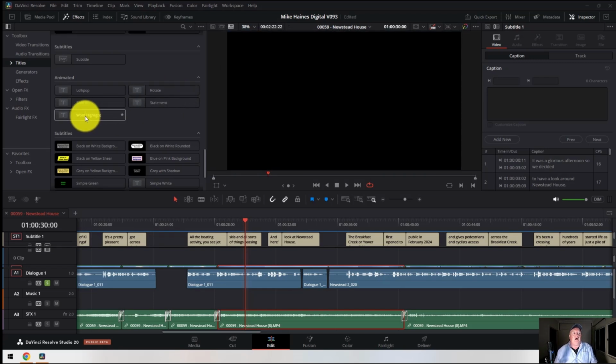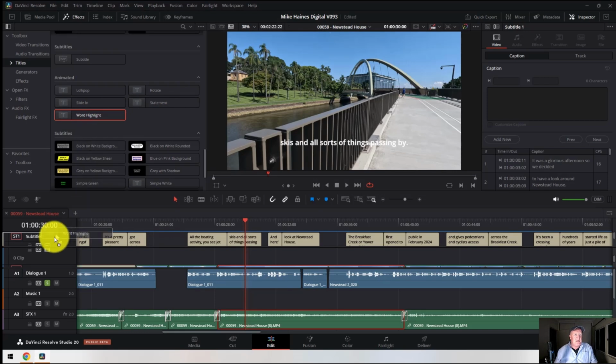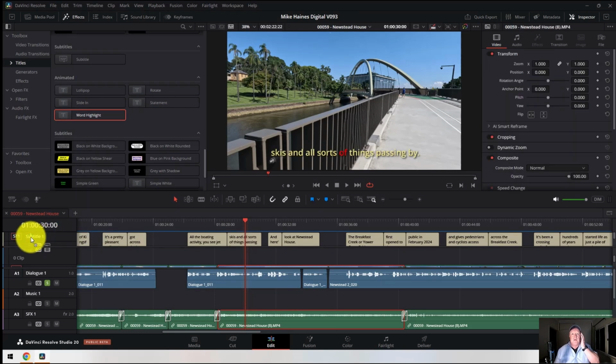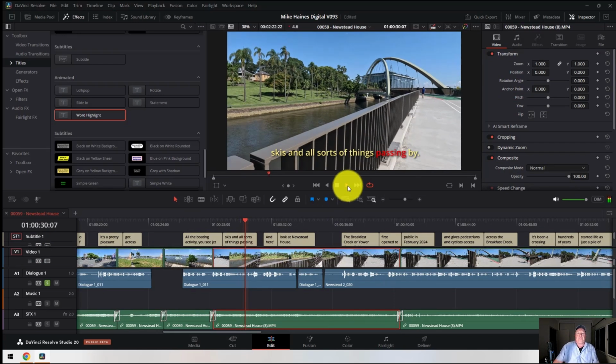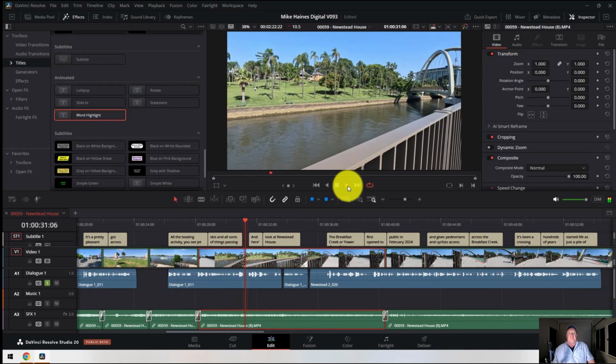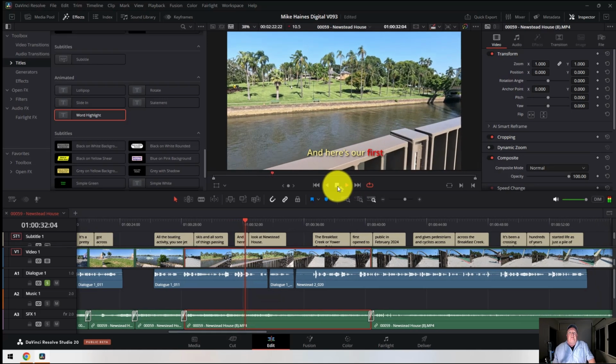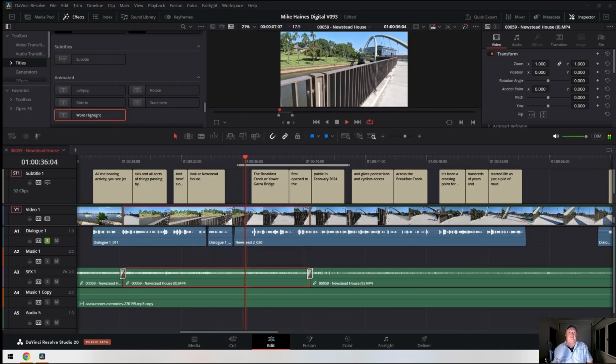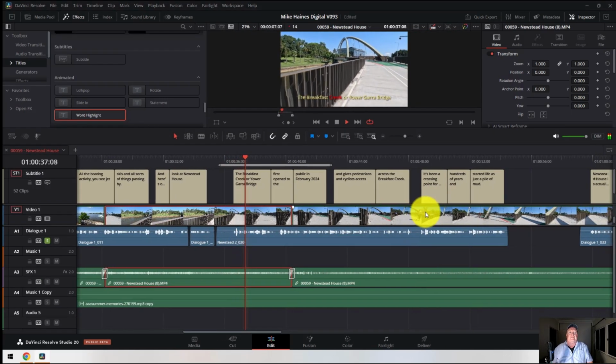Let's go for word highlight. So I'm just going to grab this and drop it right on the subtitle track here. And now, without doing anything else, here's our first look. Should have The Breakfast Creek, or